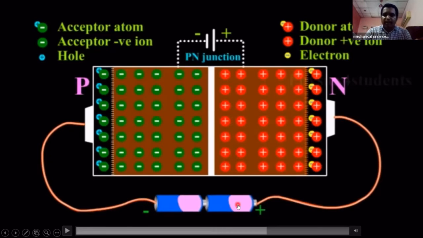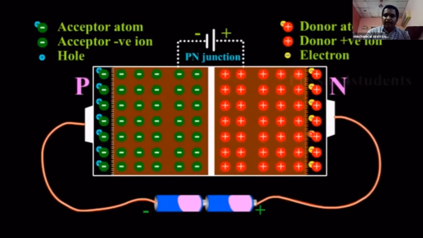Because of high voltage, the kinetic energy of the electron increases. Because of that kinetic energy, the electron gets out from this atom and moves with high velocity, and it knocks out an electron from the other atom, which means it hits the other atom, and that hitting removes the electron from the other atom. Now two electrons are there.